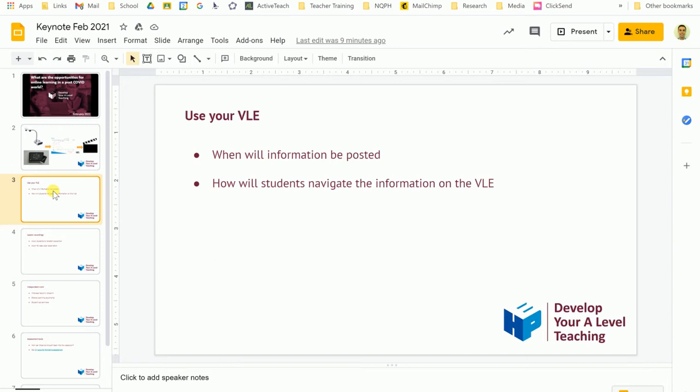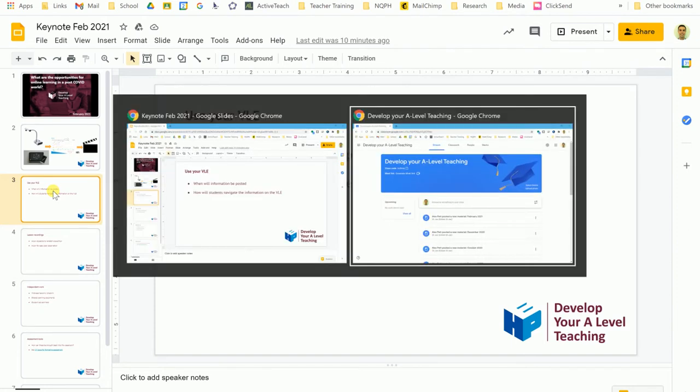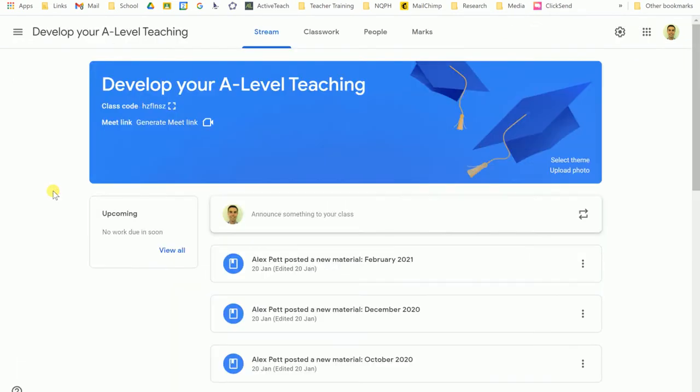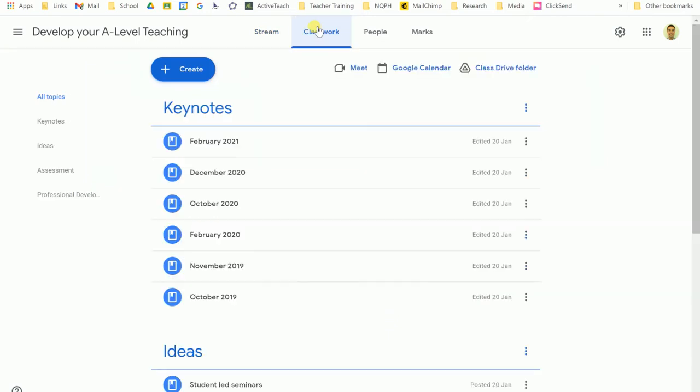And I'm assuming at this point that we've all got very good at scheduling things to go out in advance, so we don't have to actually press send at that time, but we can do so at an earlier point. The other thing that we want to give consideration to is how students are going to interact with our virtual learning environment. Don't just throw content up for the content's sake. Think about how you're going to group these things into topic areas. This allows students to go back to material not only that they've covered this week, but perhaps to go back to material that was covered a long time ago.